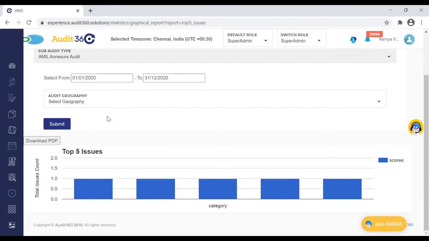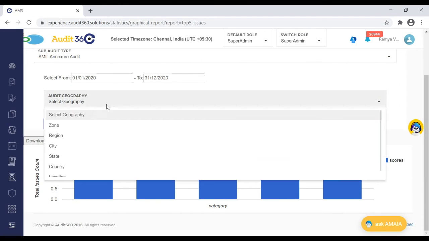Now, if you would want to download this report, you can click on download PDF. Only this graphical report will get downloaded and can be used in any of your presentations. You can even drill down the information at a geographical level. You can go down to a zone level, region, or city, state level.